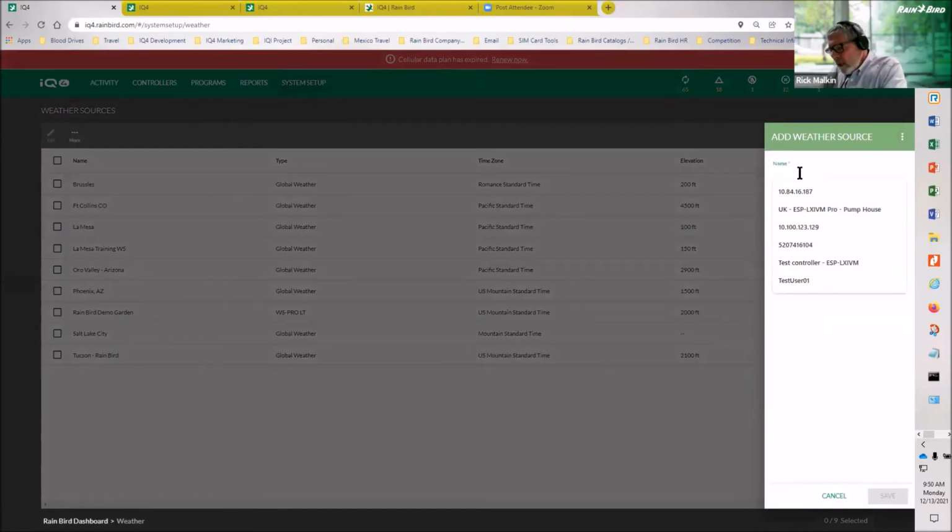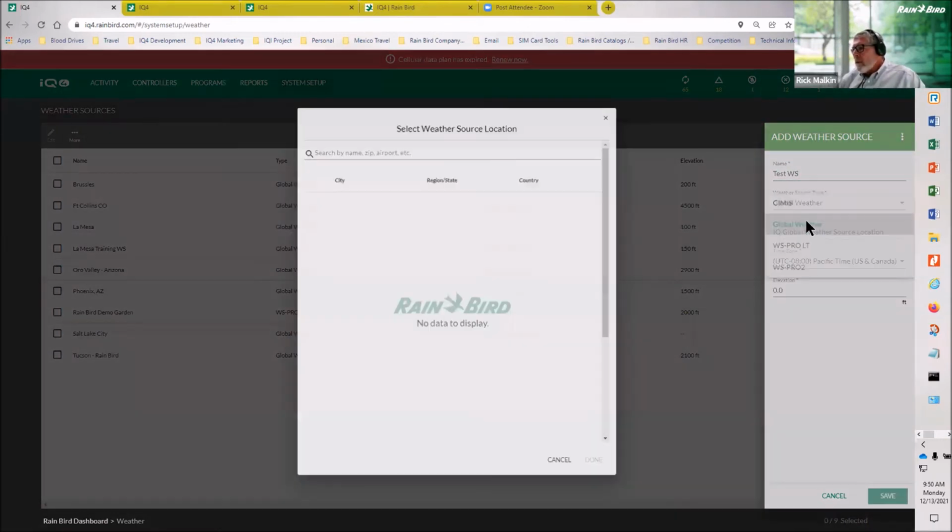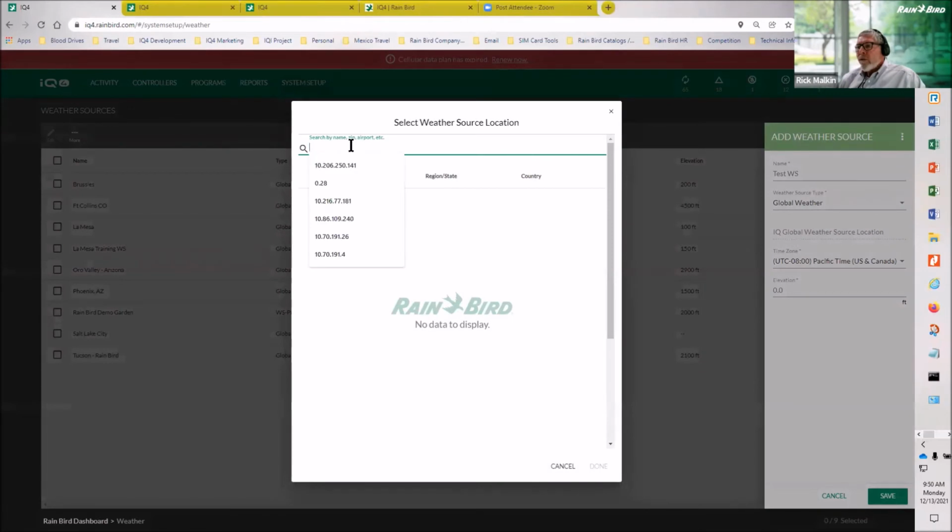We'll call this the test weather source. The type, I will use global weather. And this is one where I can use a zip code. So Mark, what's a good zip code for you there? Why don't we put